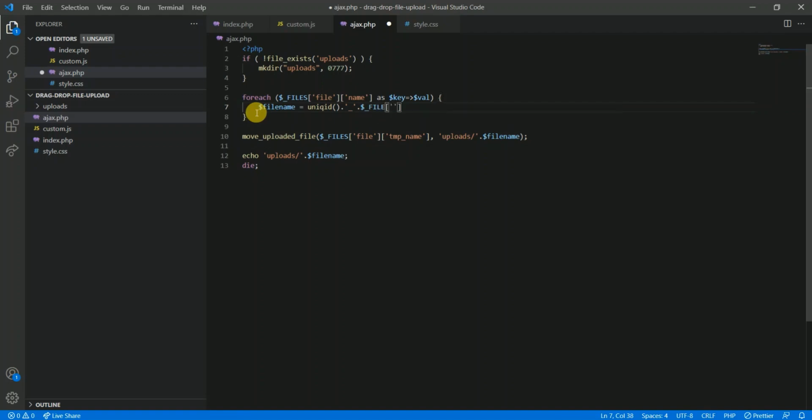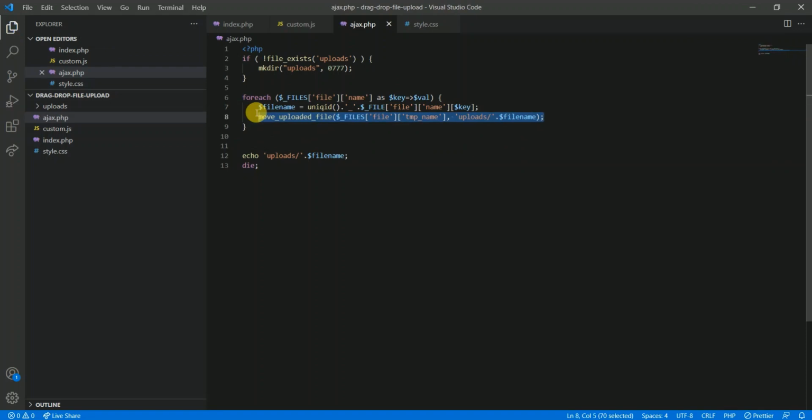Files name of key. Now this will come inside the for loop. $_FILES file name of key. And here let's print a plain message, files uploaded successfully.